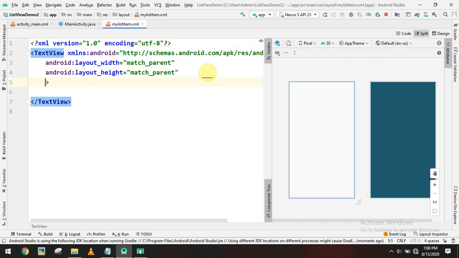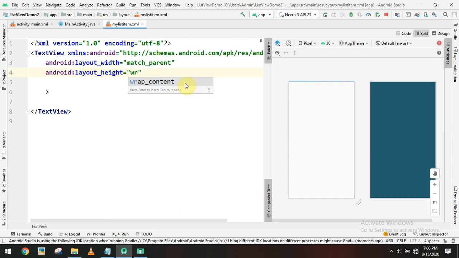So now the basic coding will be getting text view and the width and height. The width must be match parent, but for the height you have to use wrap content. Also we can set the height instead of wrap content.